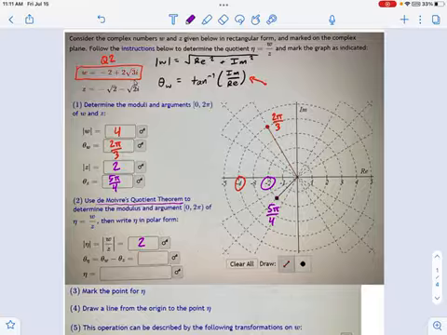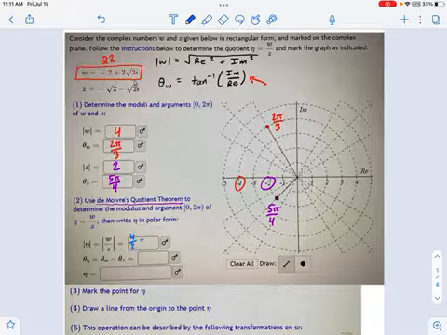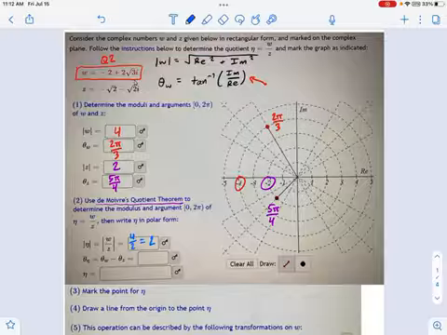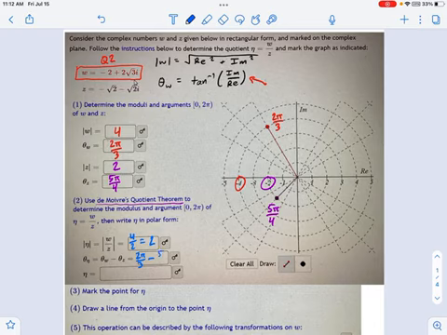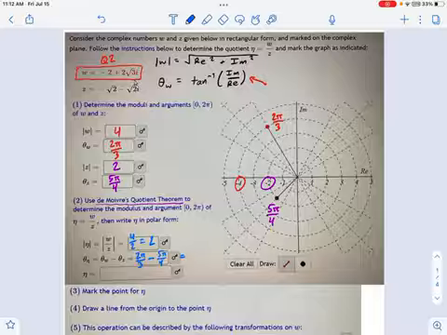All we have to do is subtract. I'm going to draw this in blue because I'm going to be plotting it. I want it to be distinct from the others. So here we have 4 divided by 2 equals 2. For this one, we have the angle of w, which is 2 pi over 3, subtract the angle of z, which is 5 pi over 4. And it's not enough to just say that. You can't get away with that. You're going to need to actually do some subtraction with uncommon denominators. So get your common denominators.